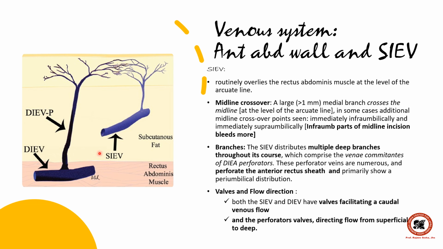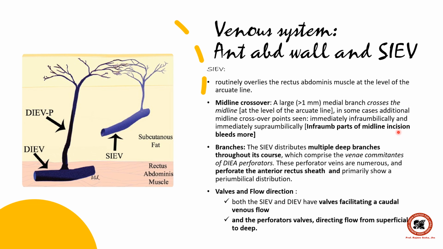Having said that, what is also important is that the superficial inferior epigastric vein has a rich network in the midline and periumbilical. Why? Because they are crossover veins which communicate with the opposite side. So a large medial branch crosses the midline. In some cases, there are additional midline crossover points, which could be infraumbilical or midline or supraumbilical, and they make contact